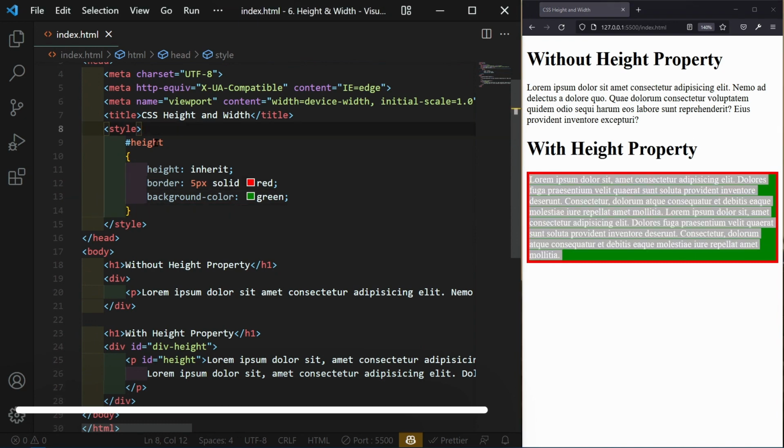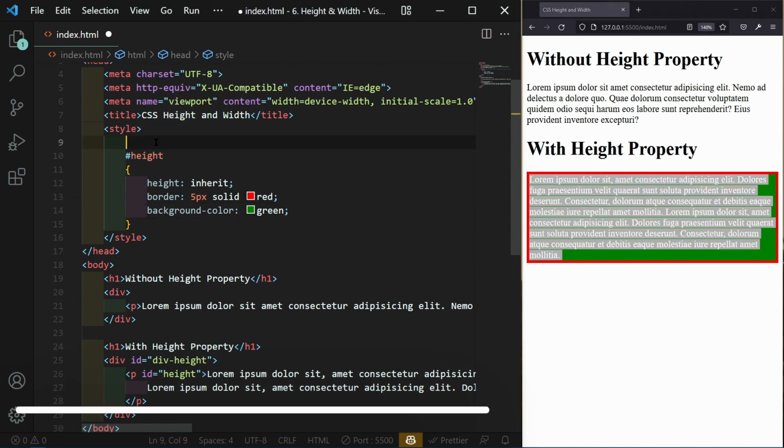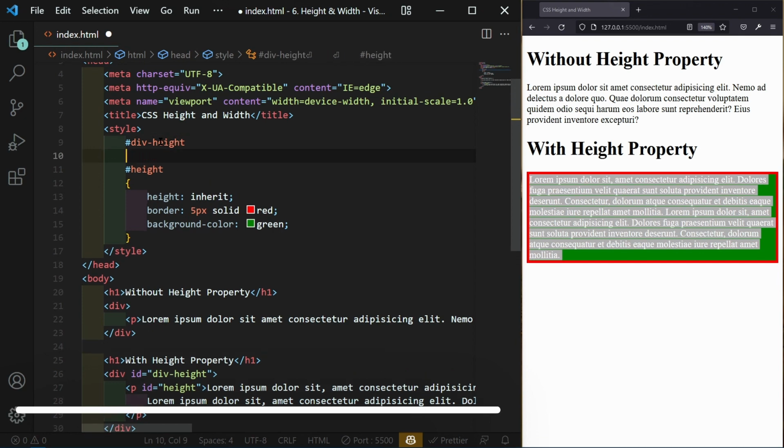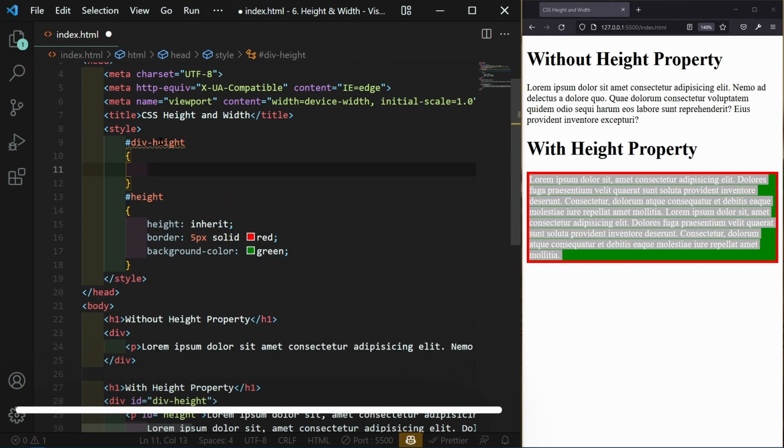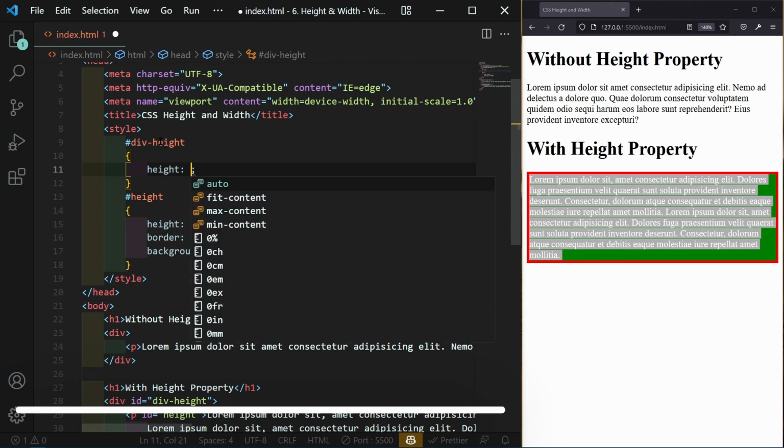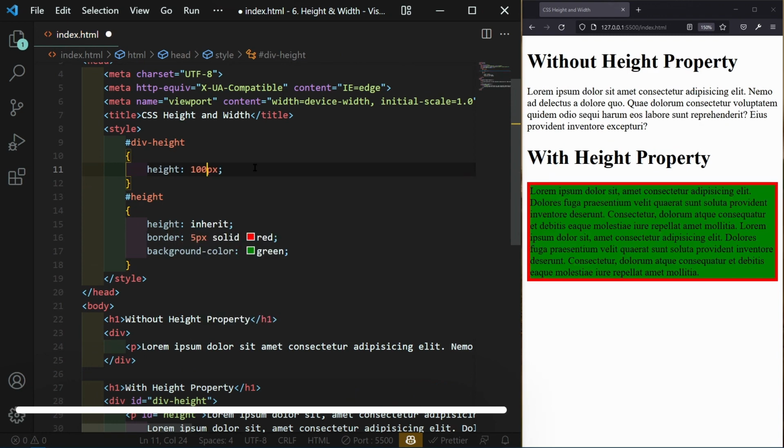What I do is take another parent element and set the parent element's height to something. So I take the div tag, I just write div, and I set the height to like 100 pixel and save this.